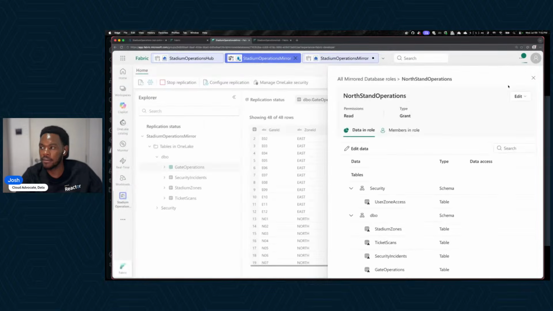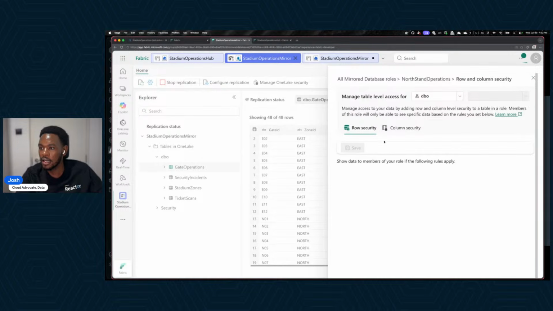So you have the ability to select which tables you can include for which particular roles as you're configuring them. But beyond that, for each of the tables, I can even go ahead and configure things like row level security. And I can, for example, add a query directly here for role level access. For example, you can select